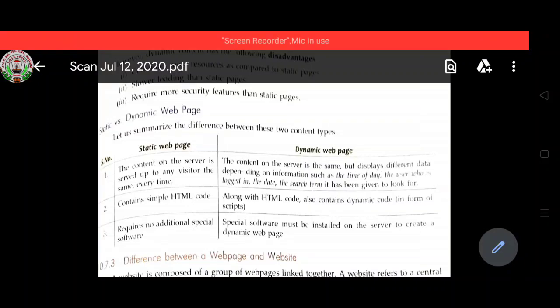And one more thing I want to tell you: this year we have to do a project. That is very important. But due to this online class, I will tell you everything online only. I will guide you about the project, and you have to select a topic. I will send you some topics if you are not able to choose one, and you have to do the project. So be prepared for the project. After completing this chapter, I will start your project.